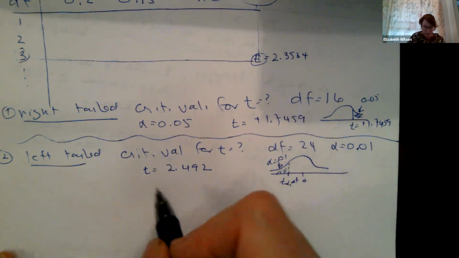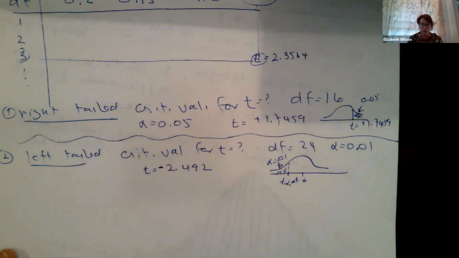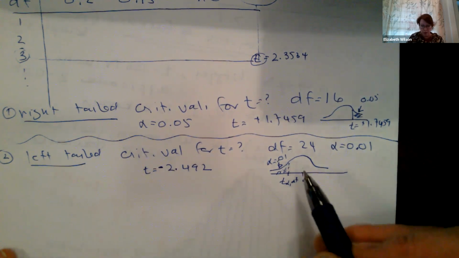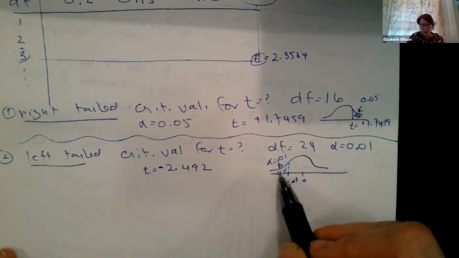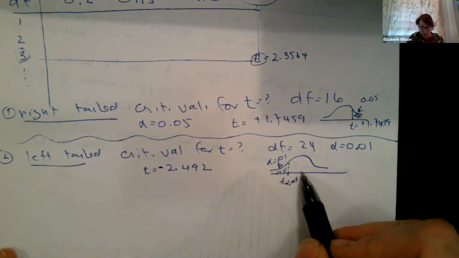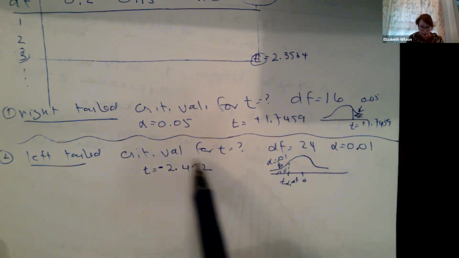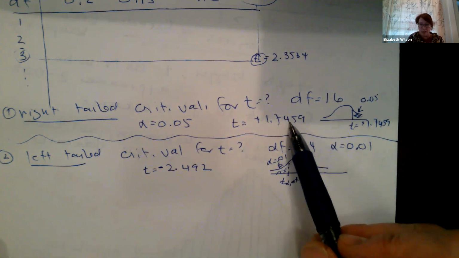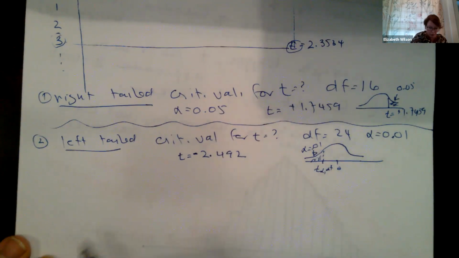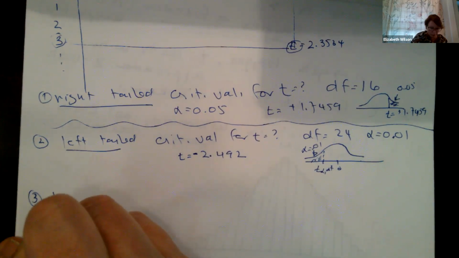Now, it's a left-tailed test, which means because of symmetry, I have to make that a negative 2.492, because this is positive t-values, these are negative t-values, because this is our 0. For a left-tailed test, t is equal to negative, right-tailed test, t is positive. So let's do a two-tailed